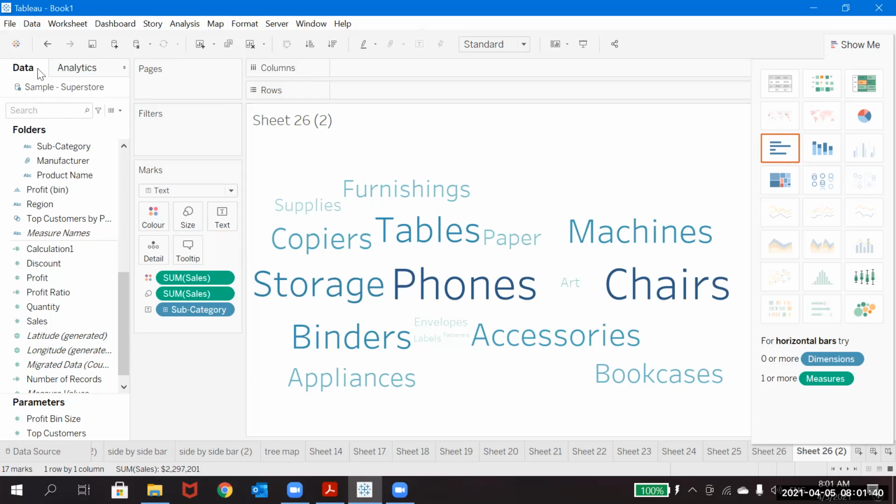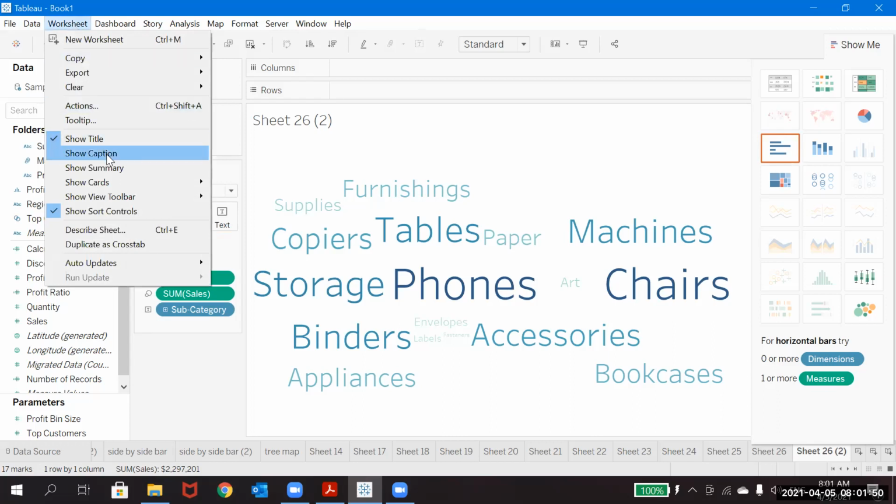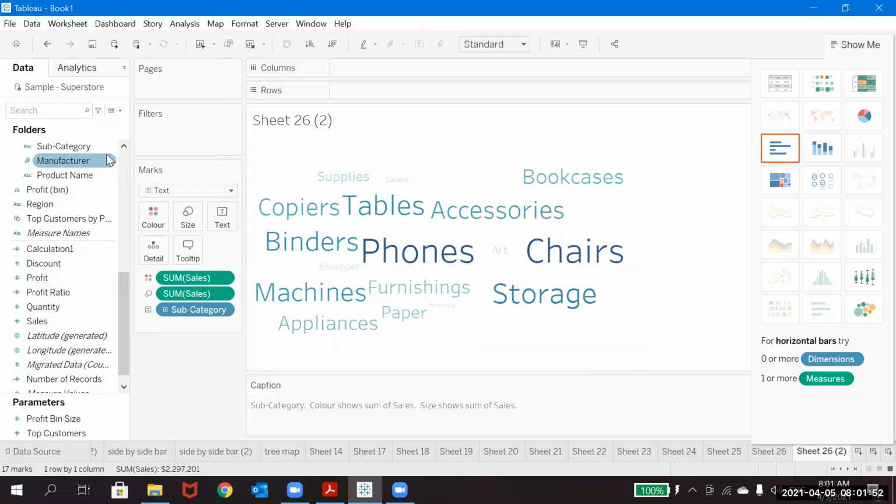Okay. What I would recommend on top of this is, you go to the menu, you have the worksheet here, right? So you have an option to show the caption. Just try to enable it for each and every sheet when you are creating, and it will give some random caption based on the chart you have created.